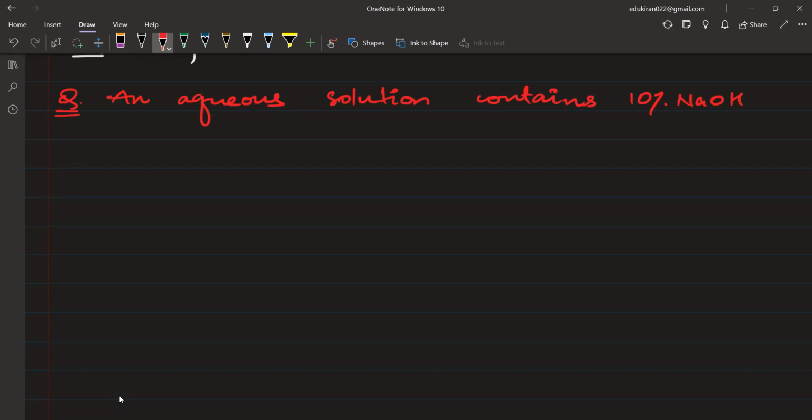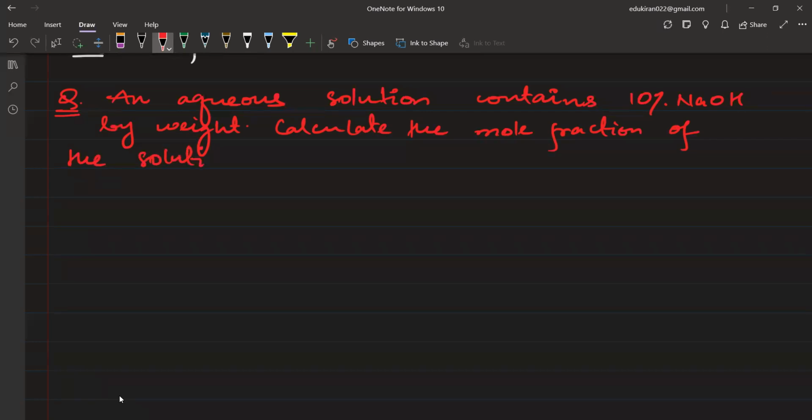An aqueous solution contains 10% of NaOH by weight. Calculate the molality. Oops, forget molality, calculate the mole fraction of the solution. See here. So 10%. I have not asked you to send your notebook photos. So I don't know how you guys are writing these things, but please write as I'm writing. I have this information that 10% NaOH. So an aqueous solution of 10%